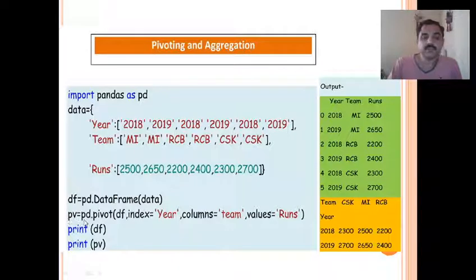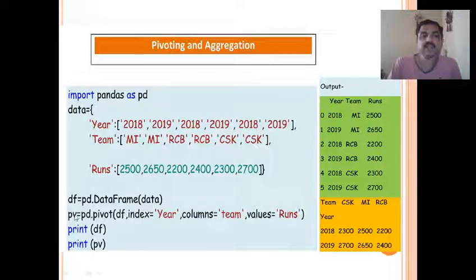Now pv = pd.pivot(df, index='year', columns='team', values='runs') is given, which means we are rearranging the data into a pivot table that is stored as pv.